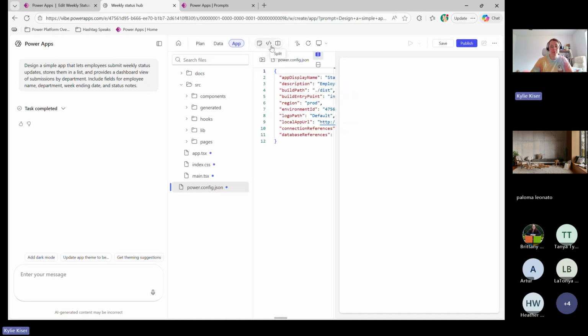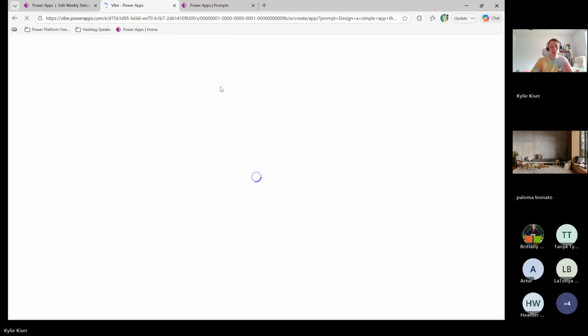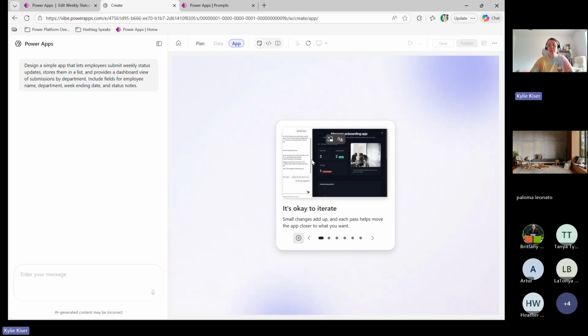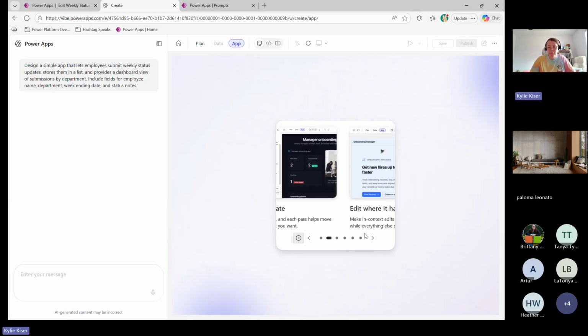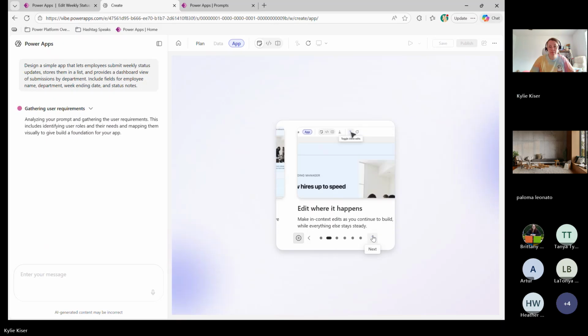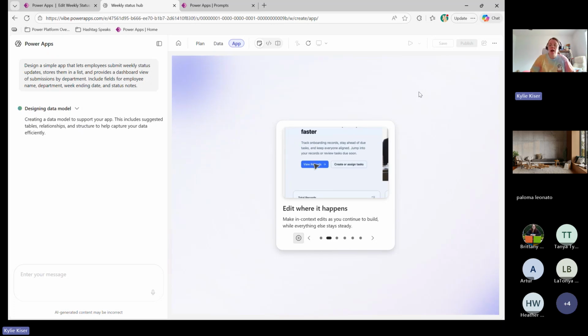Why are you not showing me the screen I want? Let's refresh. Oh, please. I was just looking at it yesterday, but it's thinking. Let's see if it comes up. But anyways, as this app, we don't care. Please just show us the thing. Okay, it's thinking. Okay, as that loads,